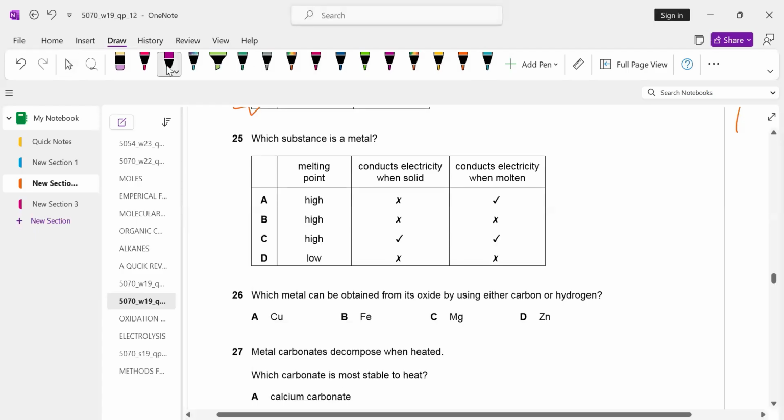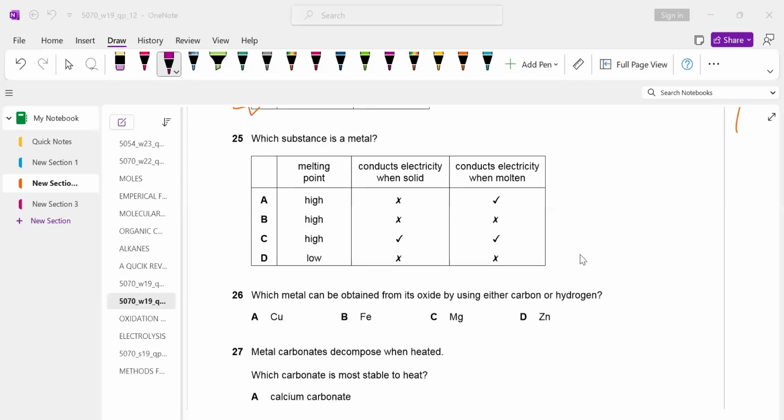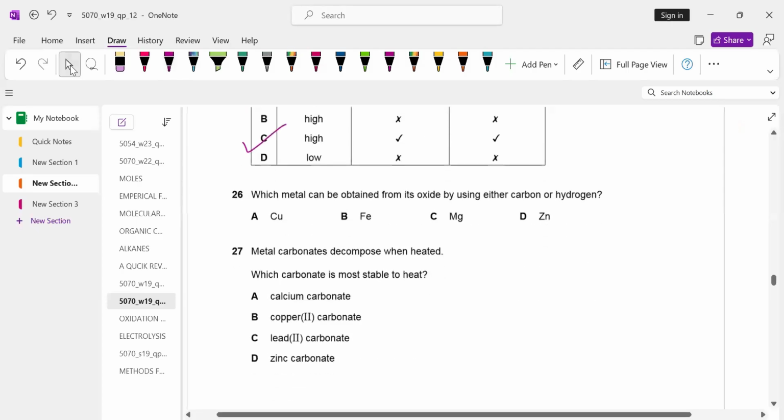Question number 25, which substance is a metal? Melting point high, conducts electricity when solid. No. Conducts electricity when solid. Yes. Conducts electricity when molten. Yes. Option C is correct for question number 25. Question number 26. Which element